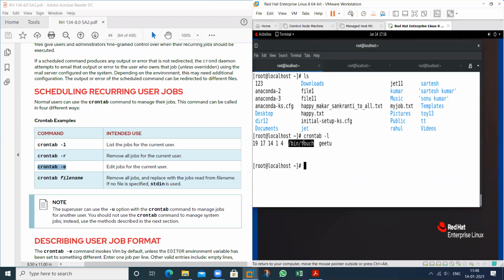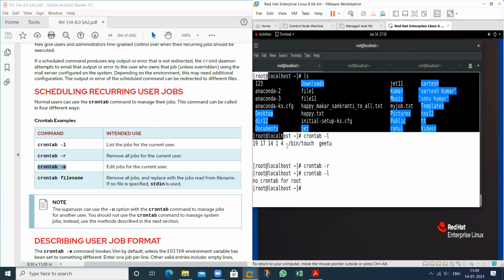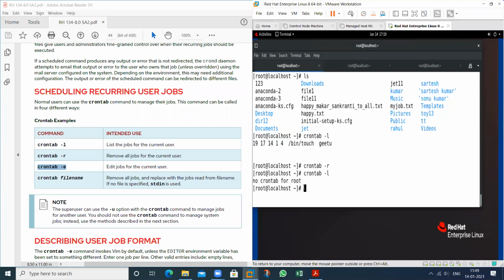See, at this time, this is my task, and I want to remove that particular task. Then what I will do, just type -r here. See again, there is no crontab for this particular user. So this is all about the user related task.